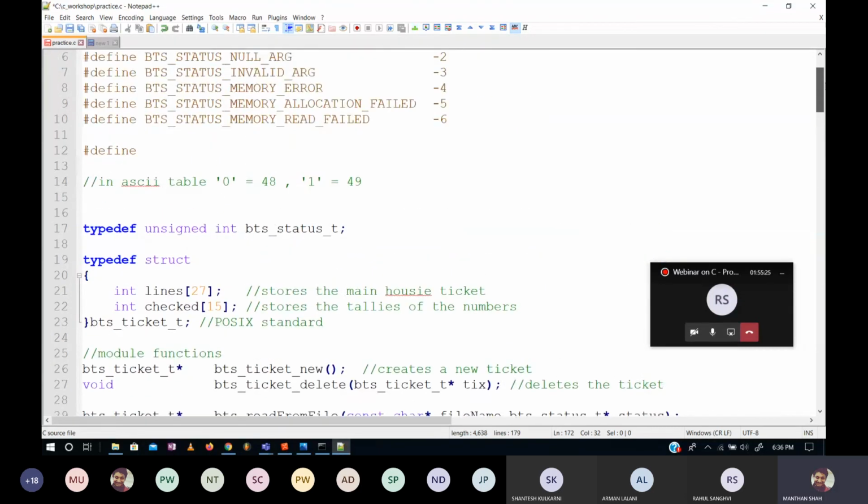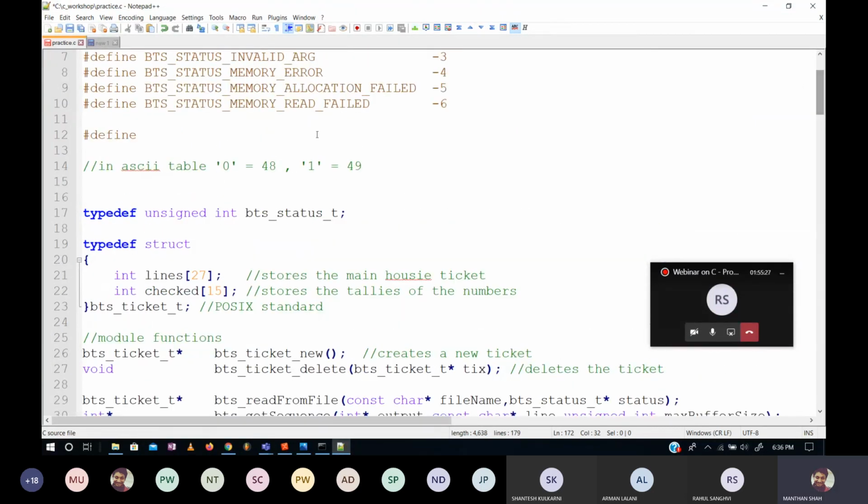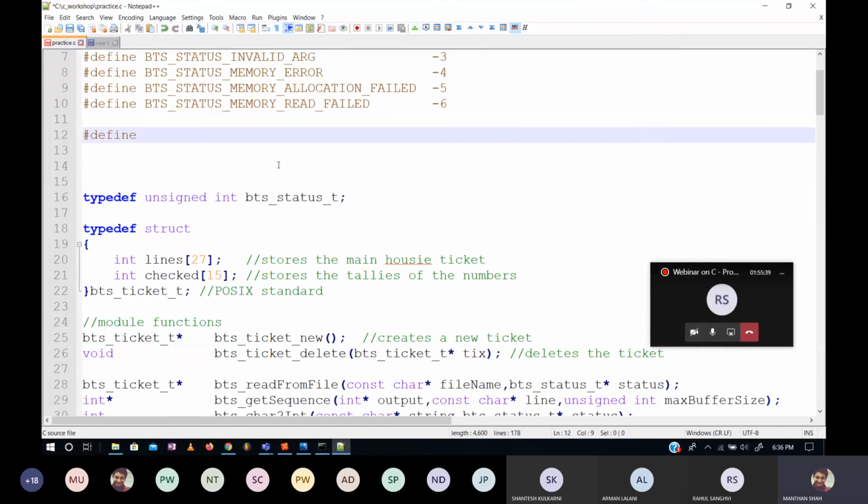minus this offset, because I need to convert this 48 into 0. So I'll subtract 48. If I want to convert 49 to 1, I'll subtract 48. So I'll have to subtract this specific offset. Instead of writing 48, I can provide the reader some context for what I'm trying to do, and give it meaning.